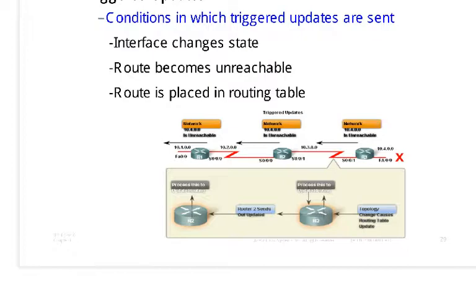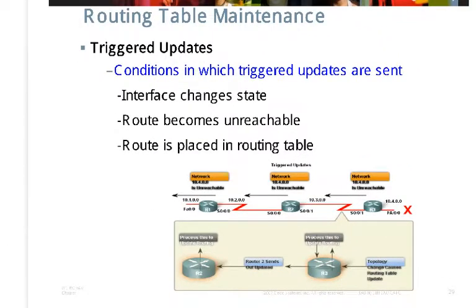So this is a triggered update in this router based on which it needs to send a triggered update. You see what I mean? So these three items, they are a consequence of each other. So based on the interface change,